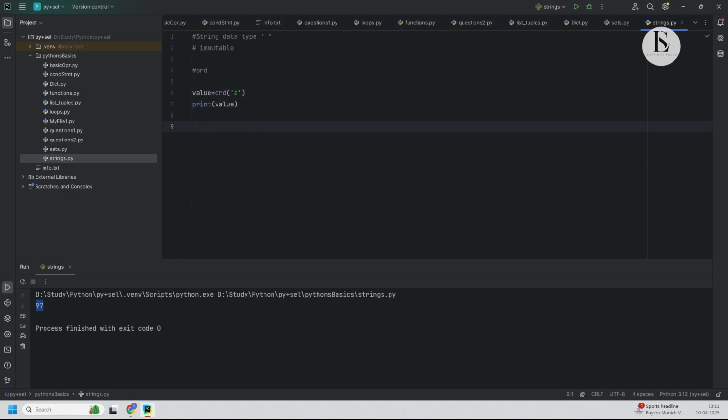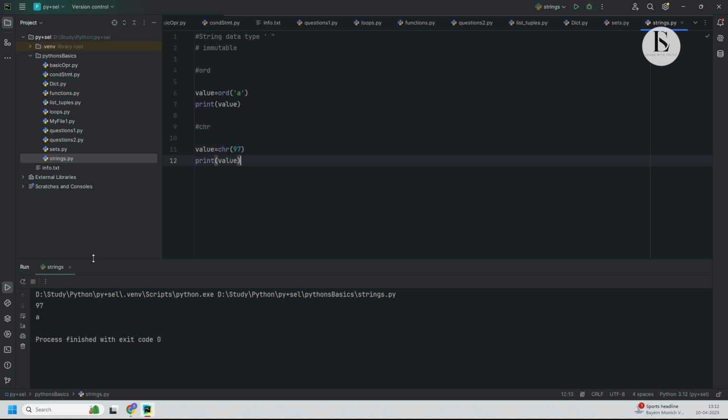Similarly, if you have an ASCII value and you want to check the corresponding character for that ASCII or Unicode value, then there is another function called chr. We'll again take value equals chr of what value? We know 97 is small a. Let's give 97 and print the value. Let's see what we get. From the first one, we are getting 97, which is the ASCII value, and from the second one, a, the character for a particular ASCII value. Right? Moving on,